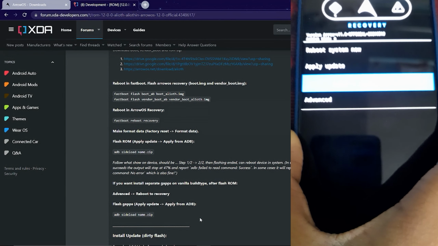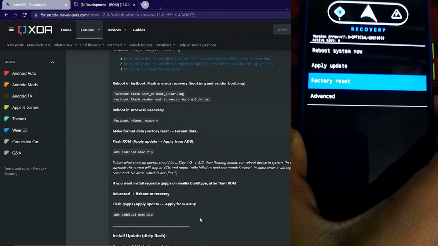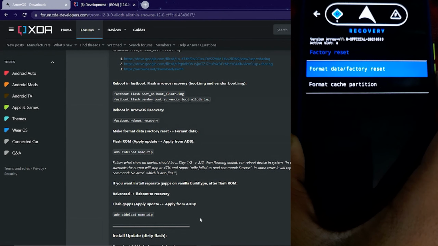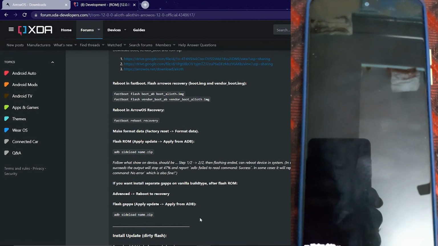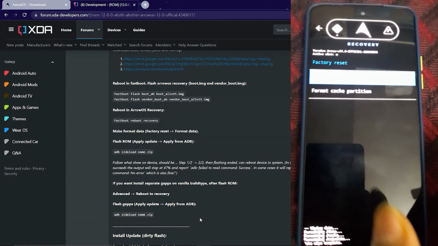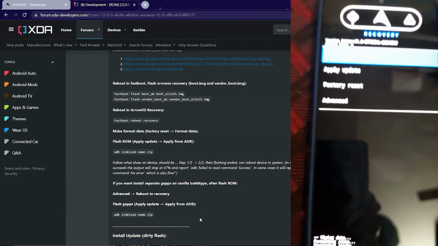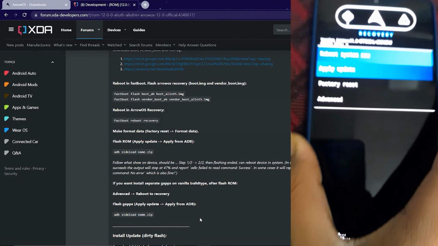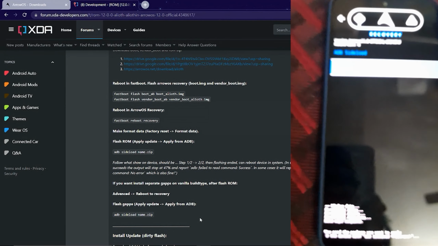Now let us go ahead to factory reset. We can control it by the volume keys. So volume down, go to factory reset, press your power button. Okay, wait for it to go in, and yeah, format data / factory reset, go inside that, and format data. This cannot be undone. So let's format our data first, and once format data is done, we can go back by pressing the back button,